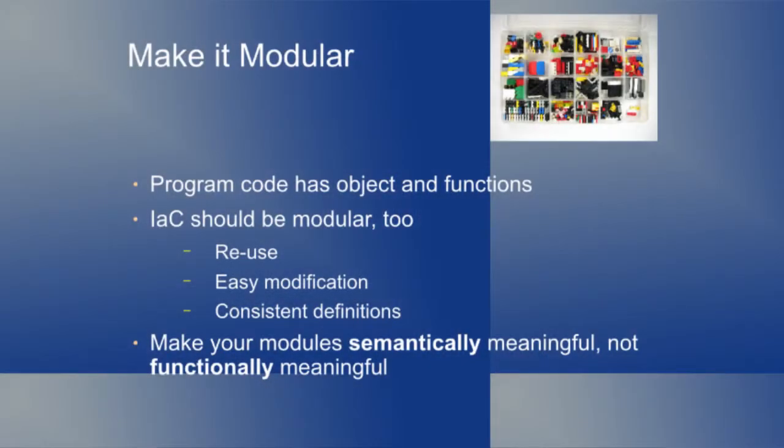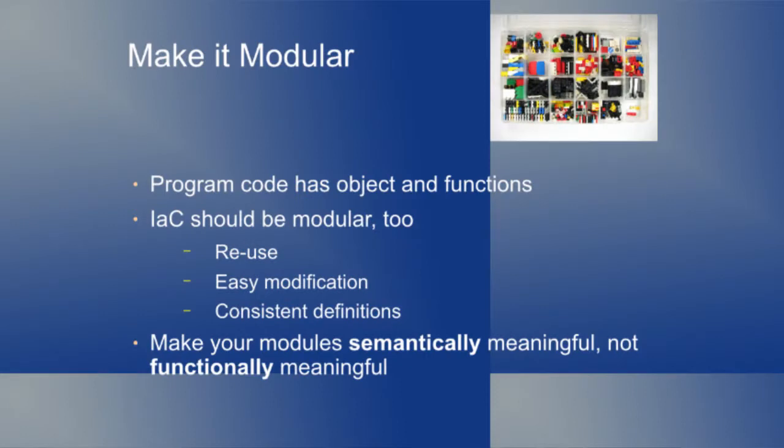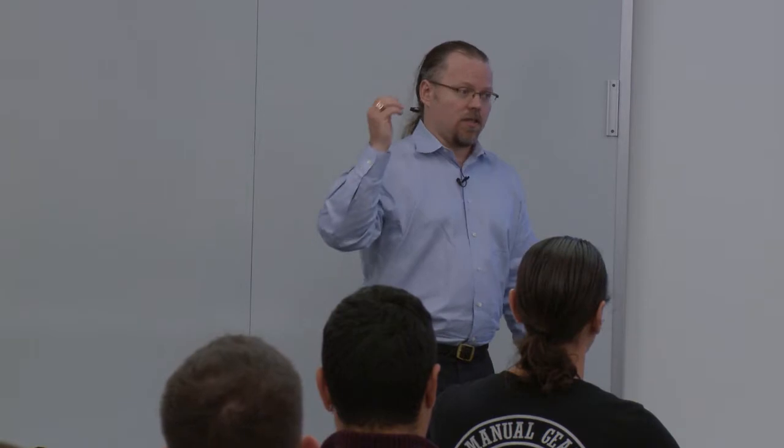It also means that it's very easy to modify. Oh, my database now has to have port 3306 open. I changed the definition in one place. Now I've used it everywhere instead of going and manipulating different stacks. I get consistent definitions, so when I'm writing my support wiki, I can say this is a database server. We know what that looks like. Here's how a database server is. Not what is this particular flavor of database server today.